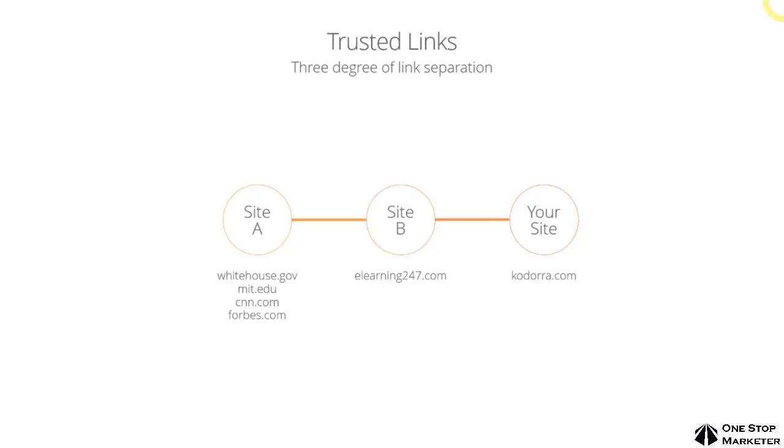So the more links that I receive directly or indirectly from those trustworthy websites, the more trustworthy my website is. But the trustworthiness slowly dissipates as the degree of separation increases. So site A is known as a seed site, a site that seeds the trustworthiness. You want your website to be linked closer to the seed sites than ever. The further that you are linked from the seed sites, the less trustworthy your website is in the eyes